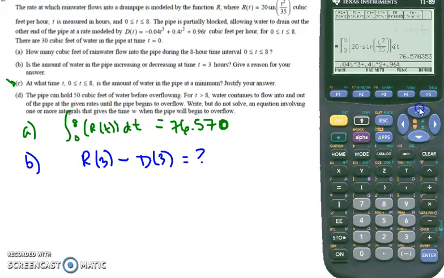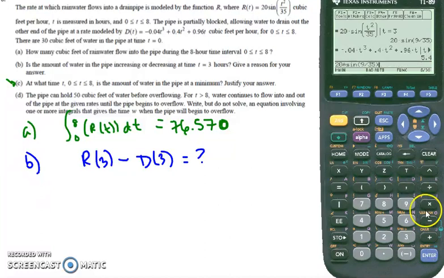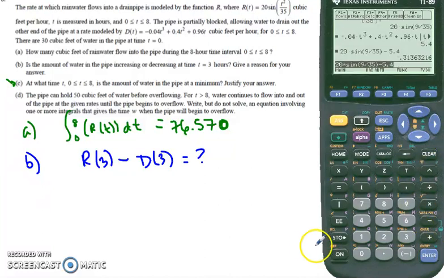We'll first evaluate R such that t equals 3. And then we will evaluate D at t equals 3. And then we are going to subtract. So we have rate in minus rate out. And we get negative